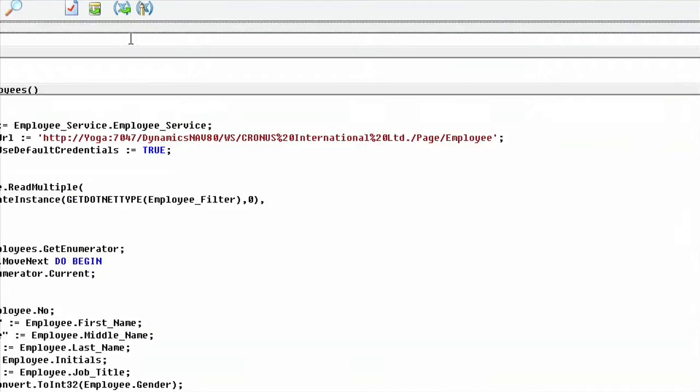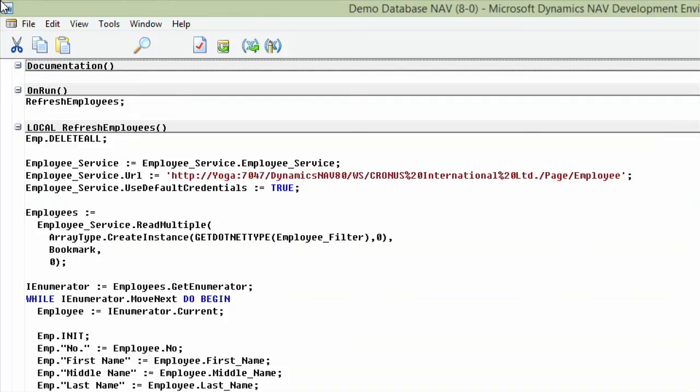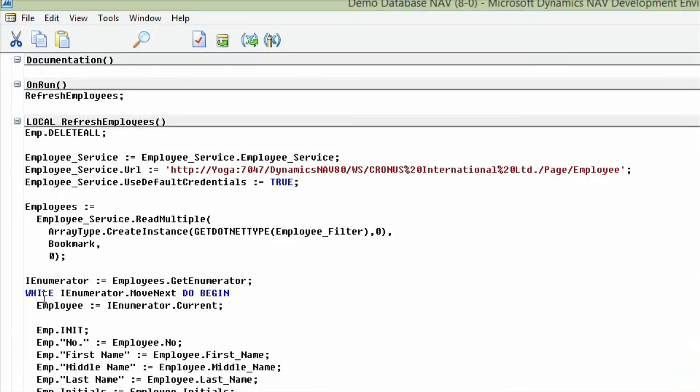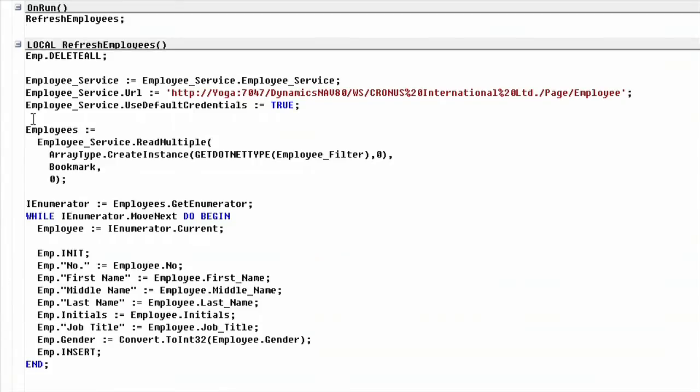So let's actually take a look at what this codeunit does. I have this service thing. It's essentially a DLL which contains proxy classes for the NAV web service. Inside of this class, I'm going into essentially the same database, just another company, and reading the data from there. But how am I doing that? I first instantiate this service directly, then I set some properties directly, and then I retrieve the employees.